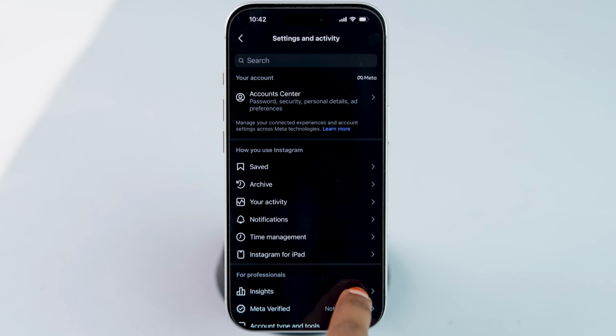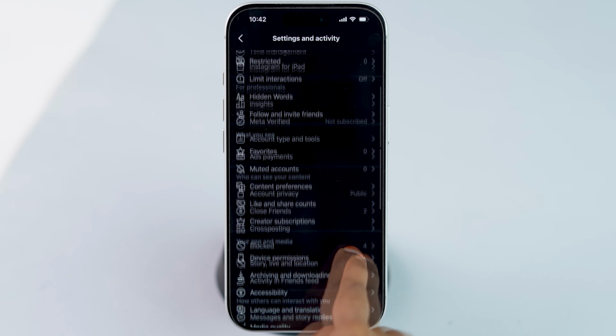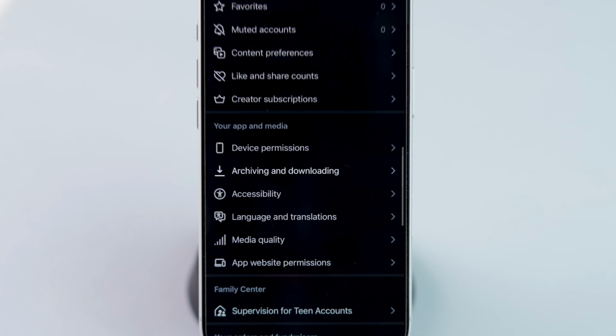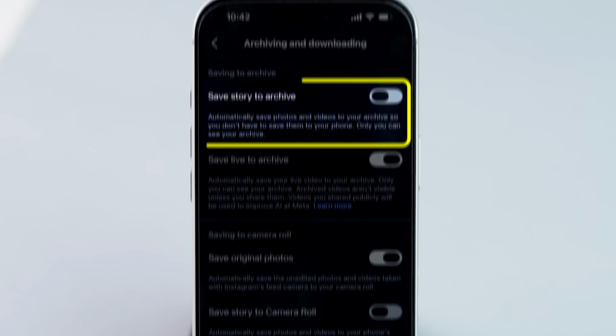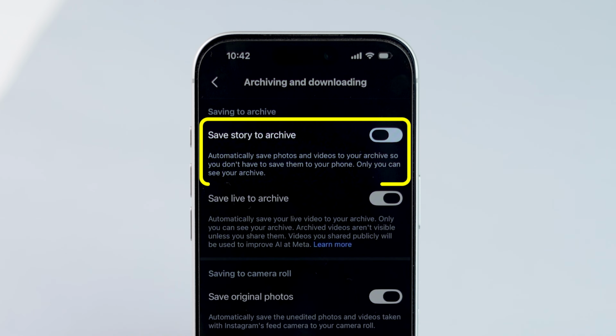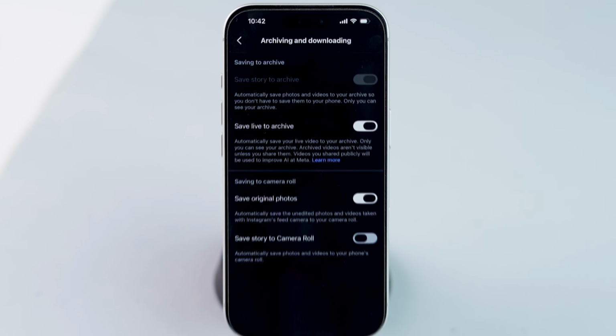Scroll down till you reach the Your App and Media section. Here, tap on Archiving and Downloading. Turn on the Save Story to Archive option. Now, go back to your home page